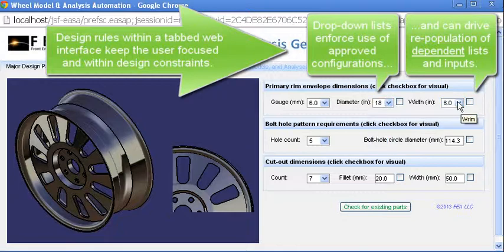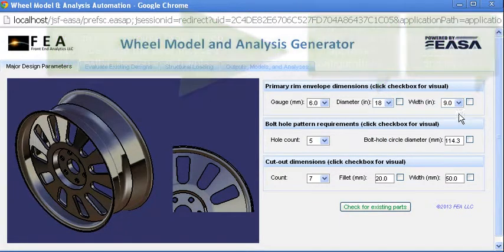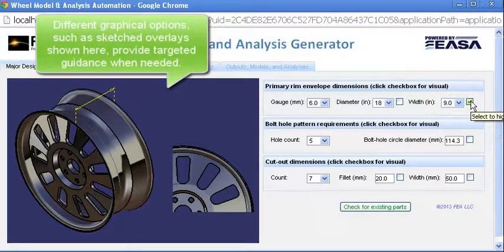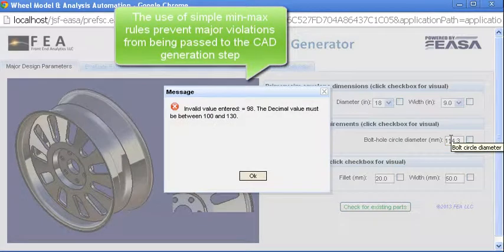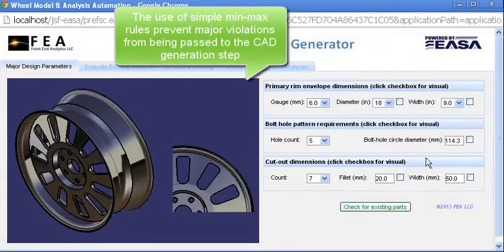tasks. As seen here, predefined configurations or relationships can be presented to the user as drop-down lists or even using tools such as slider bars. Overall, a wide variety of graphical tools and design rules employed on the server help ensure valid entries before anything is submitted. Here, a simple minimum threshold is violated, so the user receives an alert and the entry reverts to